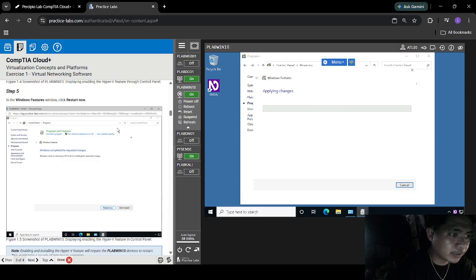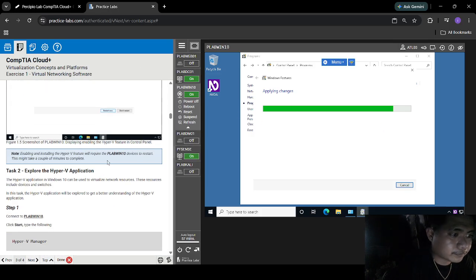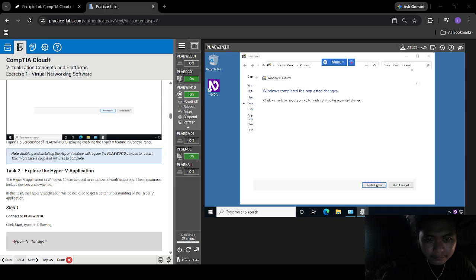Step 5, in the Windows features window, click restart now. So wait until the loading is successful.